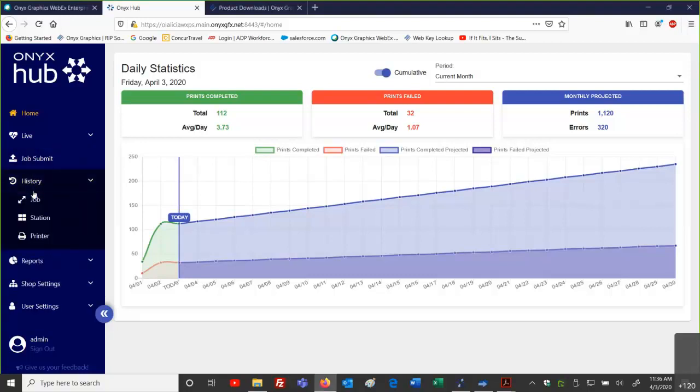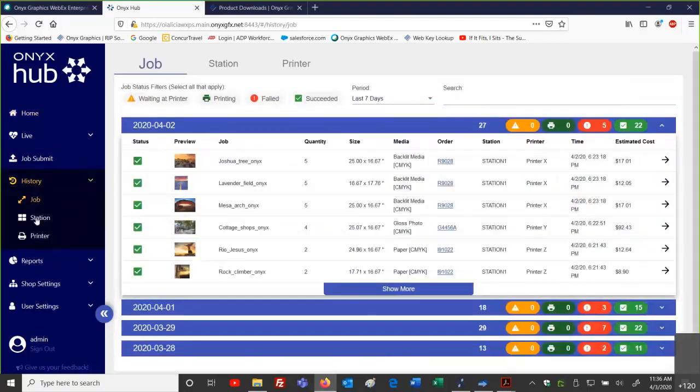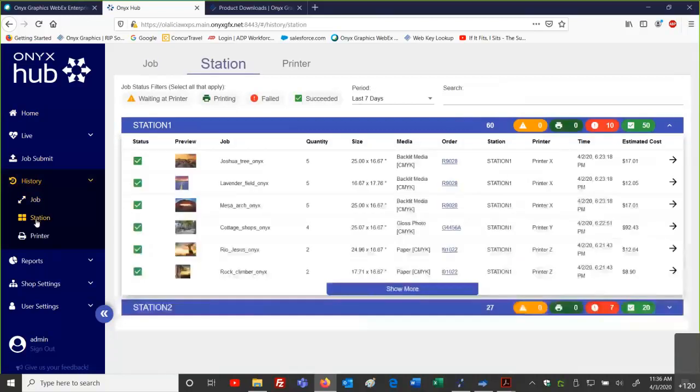So if I'm looking at my information on a job basis, station basis, and I'm looking at this data, any meta information I put in here, order number, customer account name, and so forth, you don't necessarily have to put that in. But if it's something tangible that's helpful for you when you want to put in that job ticket data, it will report back into Hub. So you'll see that information that's in there.